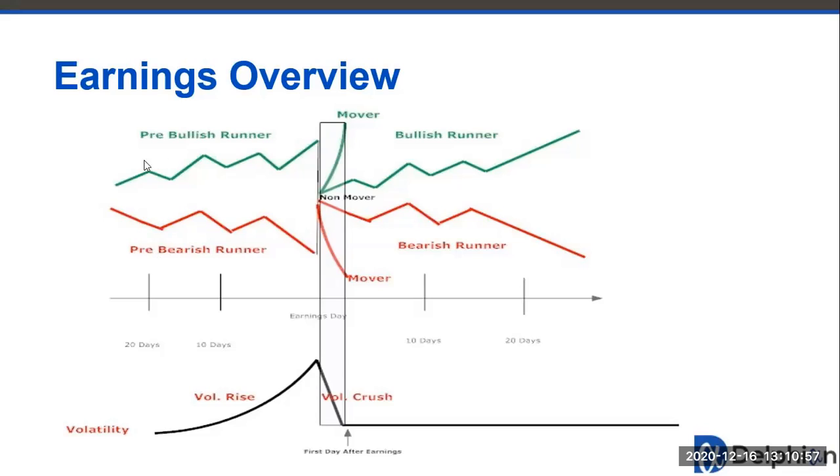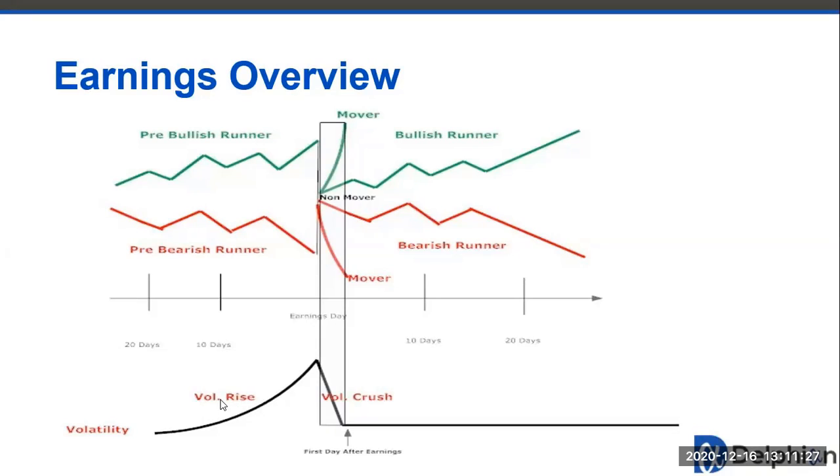We have a bearish and a bullish. Basically this is leading up to an earnings announcement. We think investors are either buying into it, and there are lots of names like that, like Facebook, where people pile into it beforehand. And then there are other ones that have problems, where people are selling out of it. They don't think they're going to have good earnings. So those are the two kinds of pre-trades as far as stock movement.